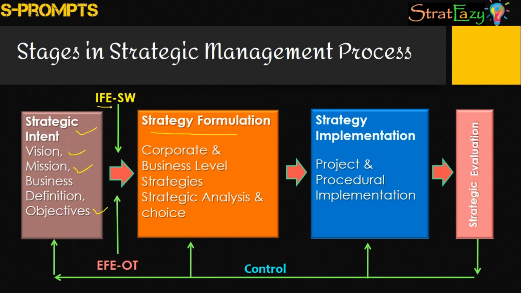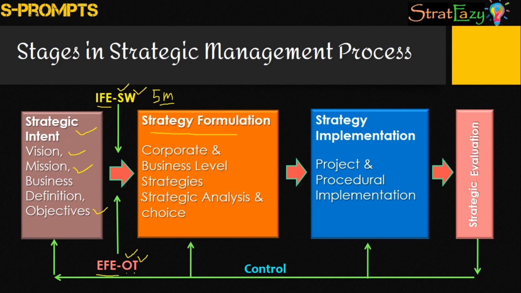These are those factors which are present internally in the organization, and they are nothing but the 5M resources, that is, material, machine, money, manpower and management. If the resources are better than those of any competitor, then we can say the organization has strengths as compared to its competitors, or else the organization has weaknesses. Then in the case of external factor evaluation, organizations will identify whether there are opportunities or threats present in the external environment. And these opportunities and threats depend upon various external factors, which can be categorized as general environmental factors or industry specific environmental factors.